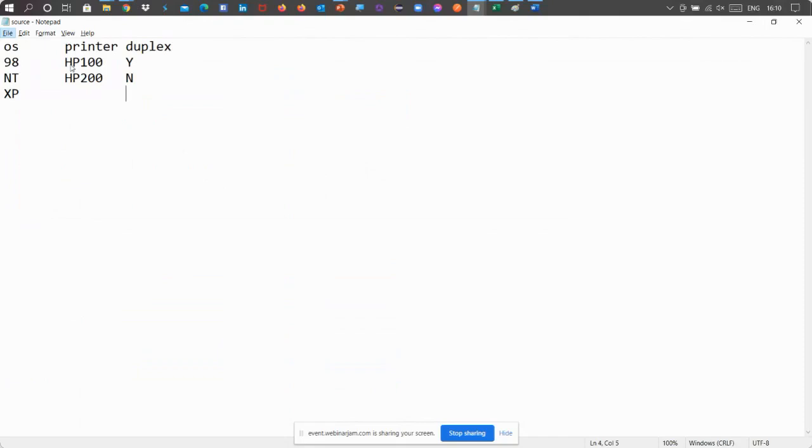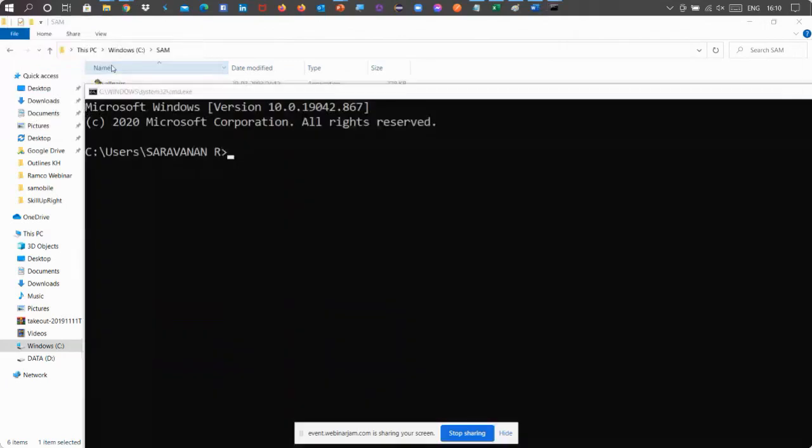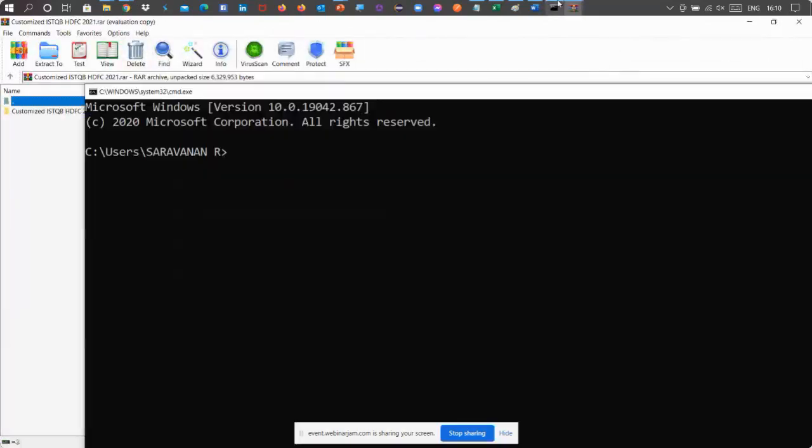For that, we use a tool called allpairs. Step one, we have the source document kept in place. Next, I'll open a command prompt and type this command: allpairs, my source document file name is source.txt,